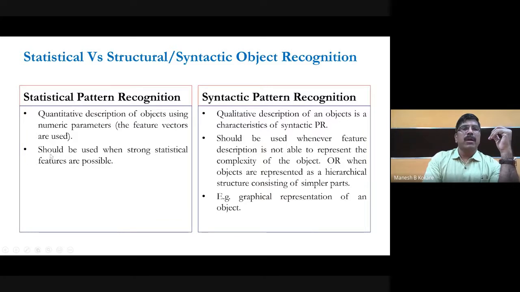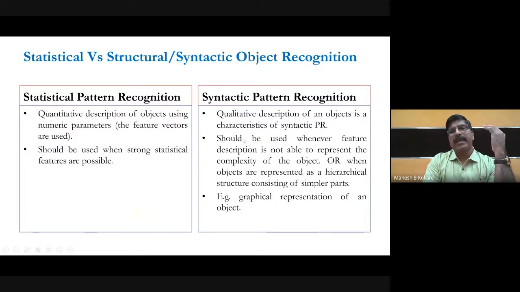The statistical approach should be used when strong statistical features are possible. So when should we use the statistical approach and when the syntactic approach? When strong statistical features are possible, you can use the statistical approach, whereas if no strong statistical features are possible, then you should go for the syntactic approach.